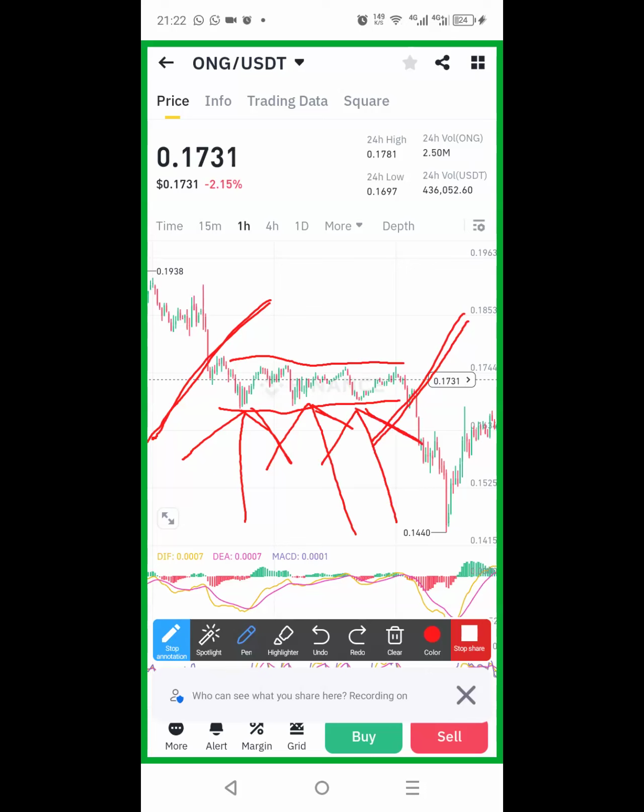So when this third one is about to come, this is the type of condition where I will say, okay, let me enter this particular coin. Let me trade this particular coin now as it's moving sideways. But the thing now is, if I say I should calculate the percentage